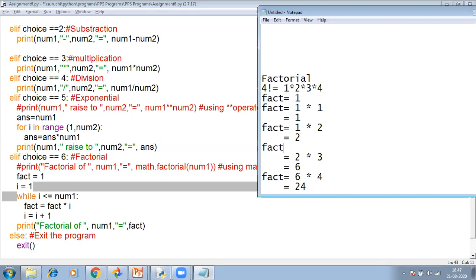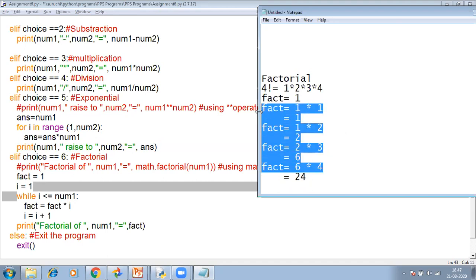Then next time again we perform factorial multiplied, that is 2 multiplied by 3, which is equal to 6. Then for the last time we do 6 multiplied by 4, which is equal to 24.